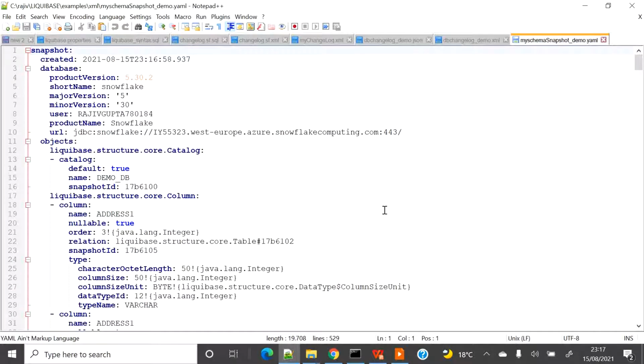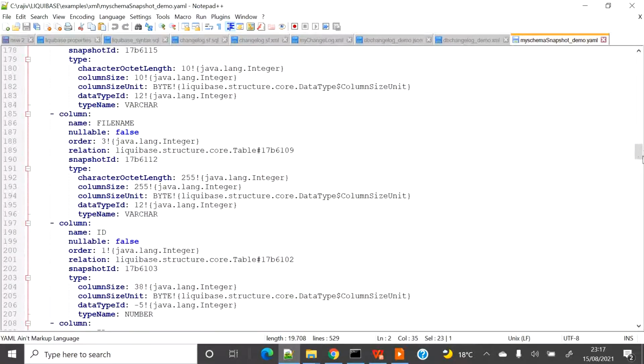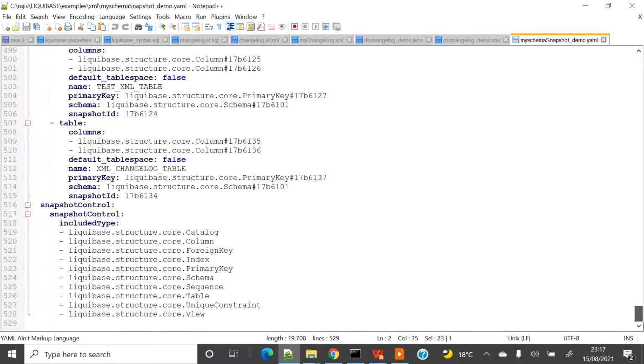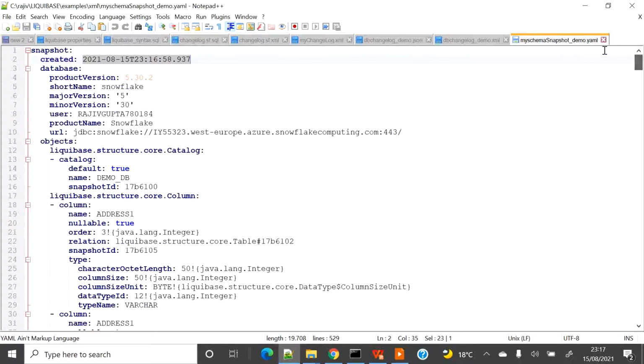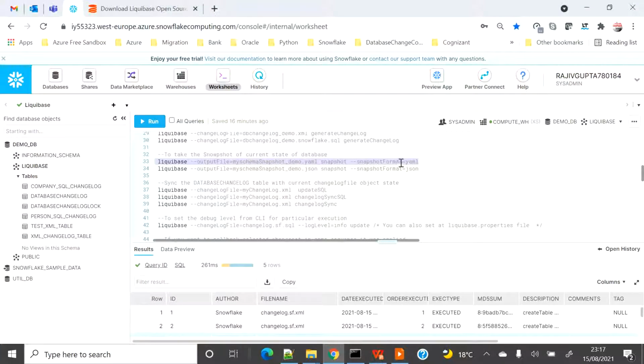So this is a snapshot at the creation time of the snapshot and all the details. And if you want to restore this snapshot, you can restore this snapshot easily into the database. So basically you can do the snapshot of a particular database object type, or if you don't pass any object type, it will export everything. So you can do this in two different formats as I showed you in YAML and in JSON. I'm not going to do a showcase on the JSON part, but you can easily do that with the JSON. It's the same.